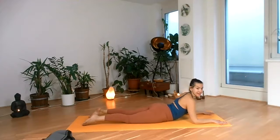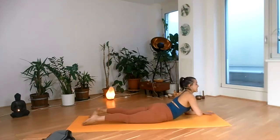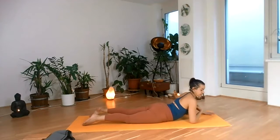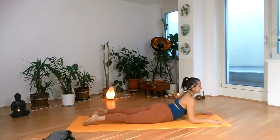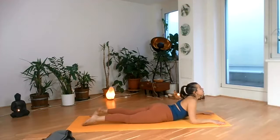You can think about an invisible string pulling your sternum forward and up, so the bone that is connecting the ribs, the front part. You can think about someone pulling that bone forward and up. Activating the upper back, head is just following that movement without straining the neck, so allow this curve to be very gentle. If it's accessible, you can also look up,